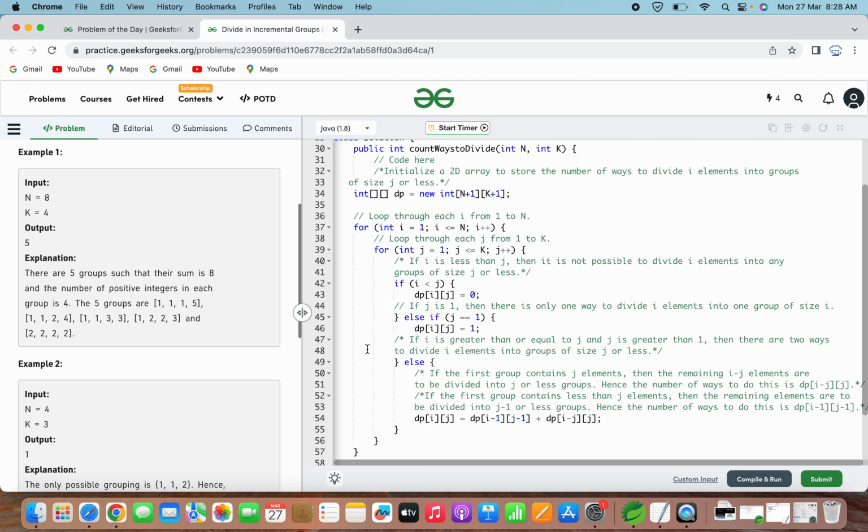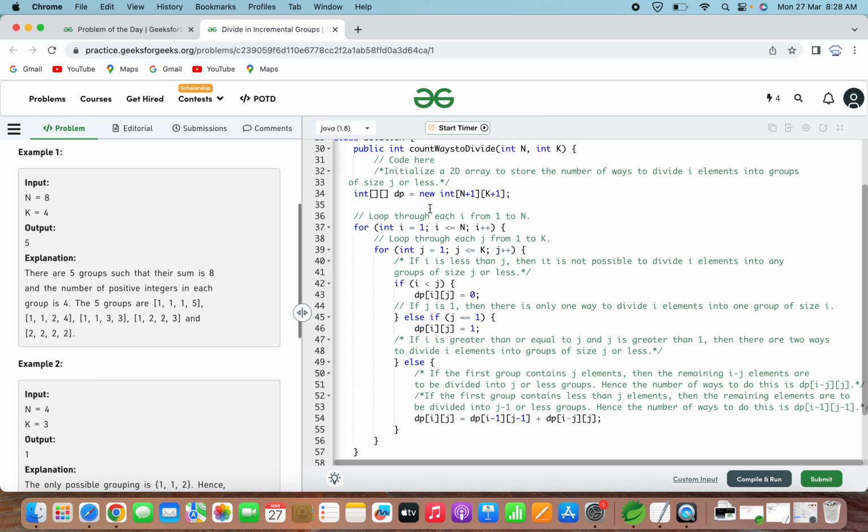So what this problem says, as we have discussed, is that we will be using dynamic programming to solve this. It uses a 2D matrix dp of n plus 1 by k plus 1 to store the number of ways to divide n elements into groups of size at max k.